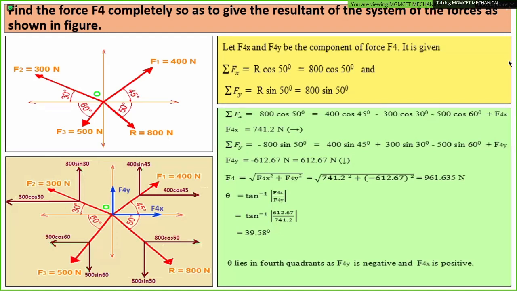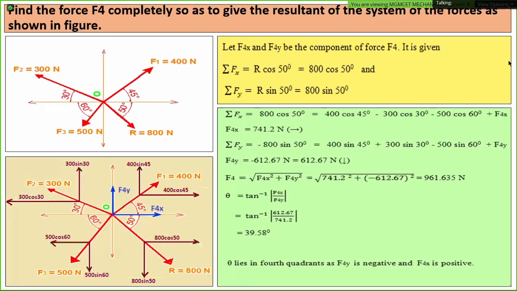Now f4x मिल गया, f4y मिल गया, उससे मैं f4 फोर्स फाइंड आउट कर सकता हूँ. x component है f4x, y component है f4y, f4 is nothing but square root of summation of f of x square plus summation of f of y square. Same logic of the resultant here. Force का x component मुझे मिल गया, y component मिल गया, तो by using the Pythagoras theorem I can find out the fourth force f4. F4 I got. Similarly, the angle of the fourth force theta I can find out as tan inverse of f4y divided by f4x.